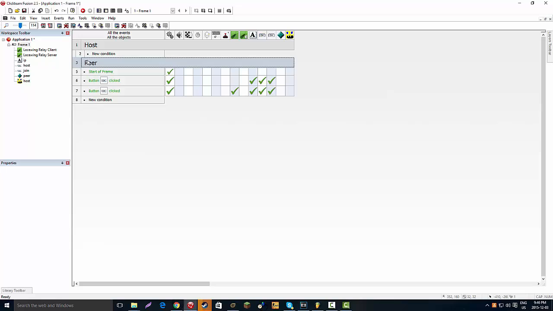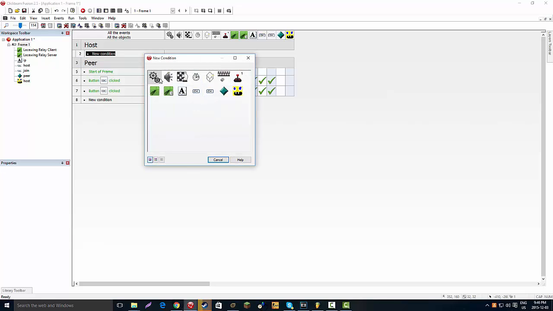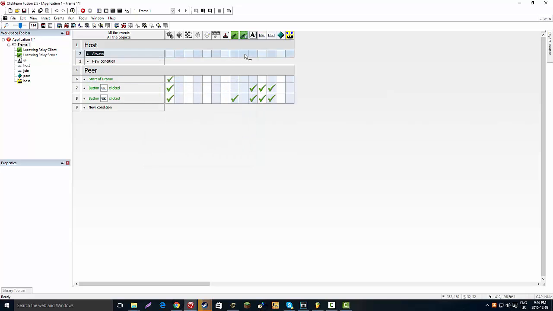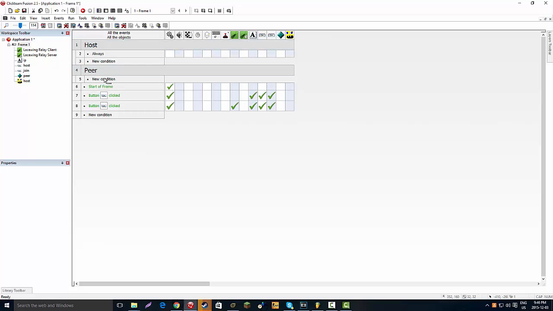So we'll start off with host. All we've got to do is use always. Since it's the host, it's not going to be using the Lacewing Relay client. It's going to be using the Lacewing Relay server to do all of its work, and this group is going to be using the Lacewing Relay object to work the group. Anyway, so under host, always